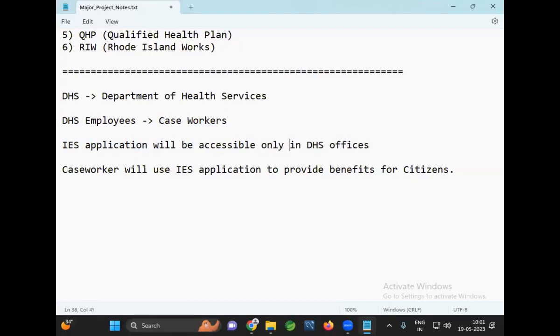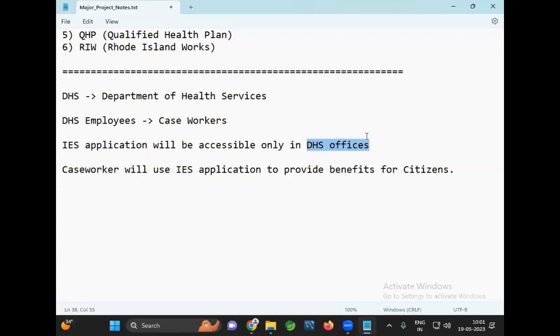Just as the Aadhaar card application is accessible only in the Aadhaar center, similarly our IES application is accessible only in the DHS offices. If you go to an Aadhaar center, can you use that project? No. Say I want to update my mobile number for the Aadhaar card. If I go to an Aadhaar center, can I use their system?